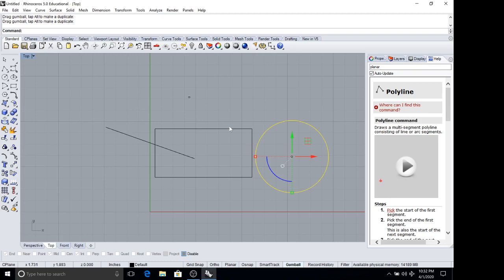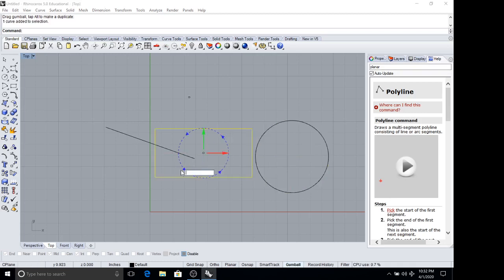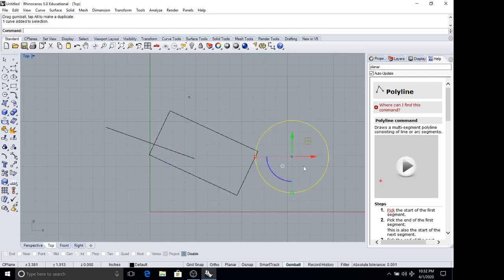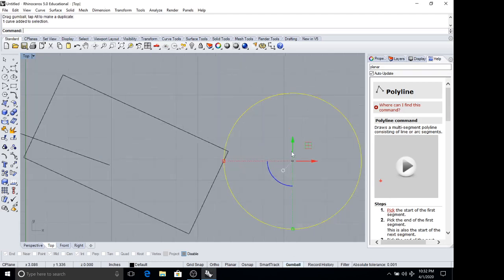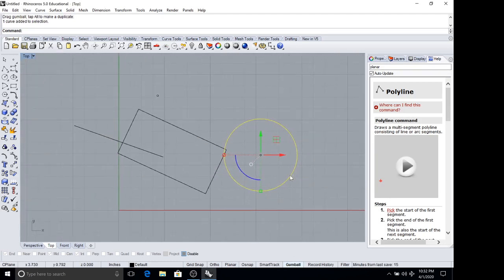Same with the angle. I can say 15 degrees and it will move to 15 degrees, or I can just freely turn it around back and forth. Gumball can sometimes be a little bit cumbersome just because you have these giant arrows in the way when you're trying to look at an object, but I think it can be pretty useful